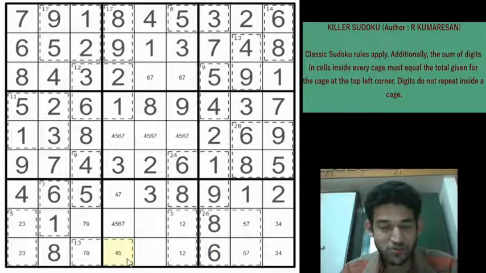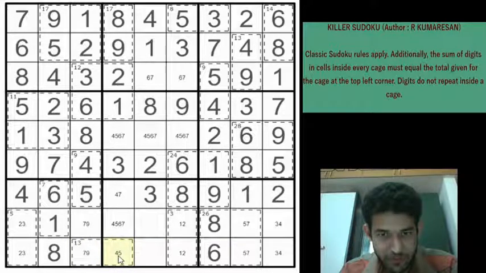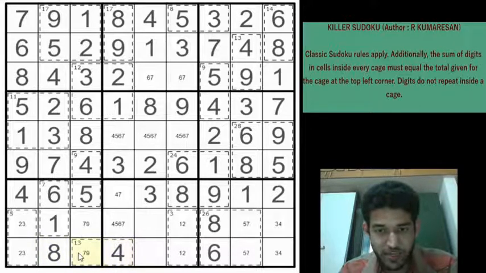What a Sudoku, guys, what a Sudoku, really. So if this is a 4, this will be a 9. If this is a 5, this has to be 8. So 5 is eliminated, right? Because 5 and 8 is not possible. So this will be a 4, this will be a 9, this will be a 7, this will be a 7, this will be a 5.